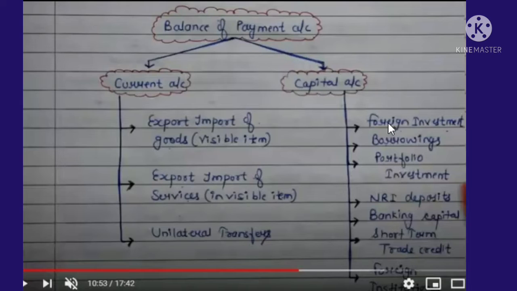Portfolio investment refers to the purchase of an asset in the rest of the world, which does not give full control over the asset. For example, purchase of shares of a foreign firm by Tata Industry, that is, purchase of shares of a foreign firm by an Indian firm, is portfolio investment, as it gives only partial control over the asset.